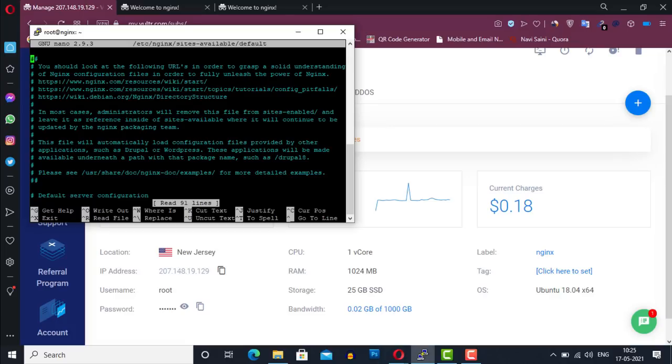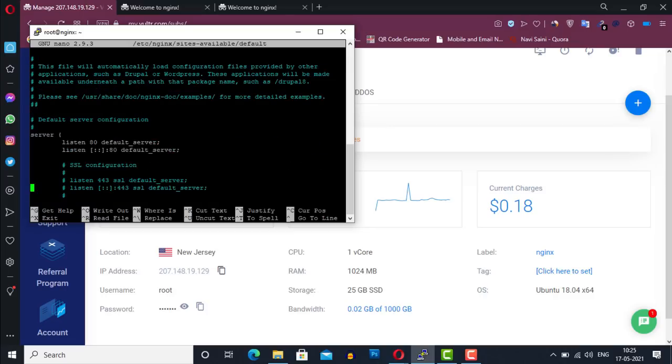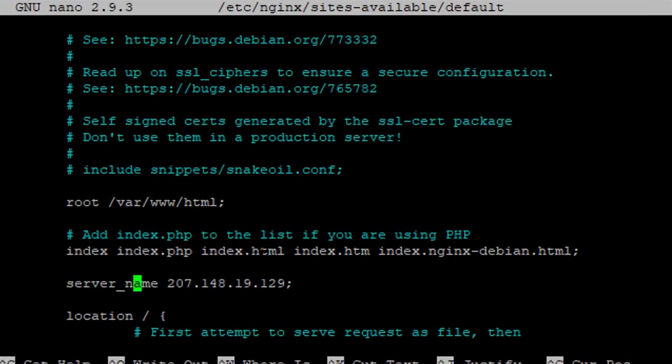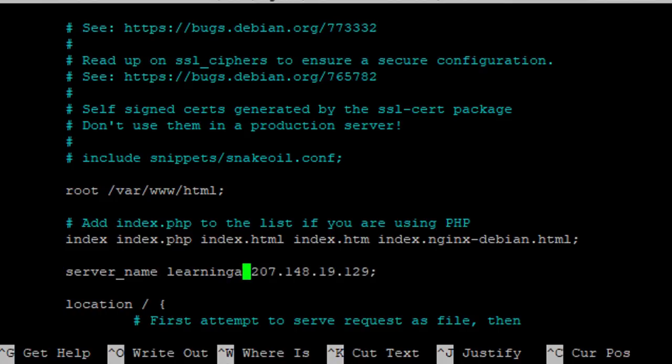So go to the server section and type your domain without www prefix, learningarmy.xyz. This is my domain and it will be different in your case.